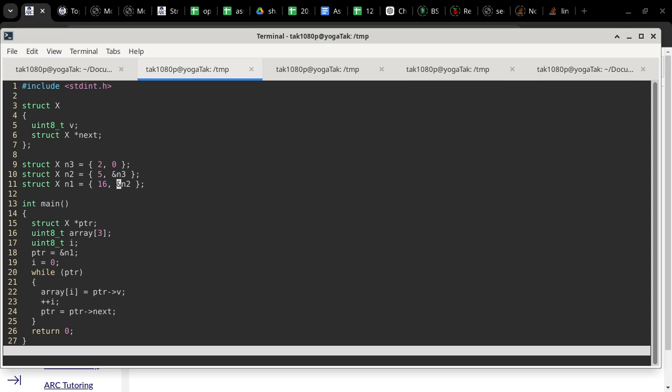So this is typically how we draw nodes on a linked list. The third one has a value of 2. What is interesting is the second member of the structure, which is a next pointer. N1 points to N2, N2 has its next pointing to N3, and for N3, because it's a null pointer,